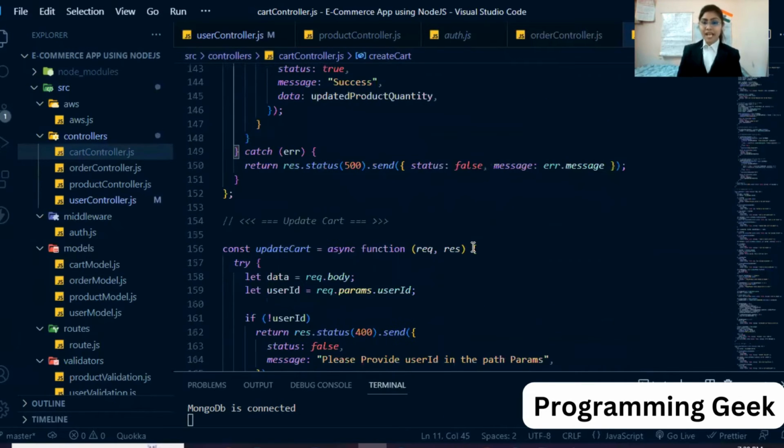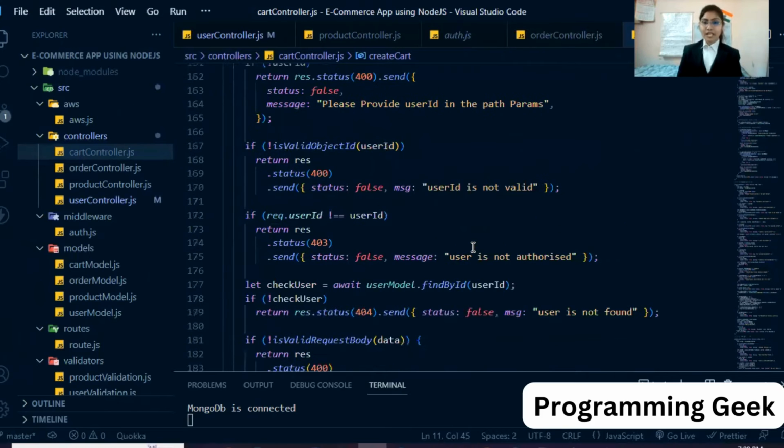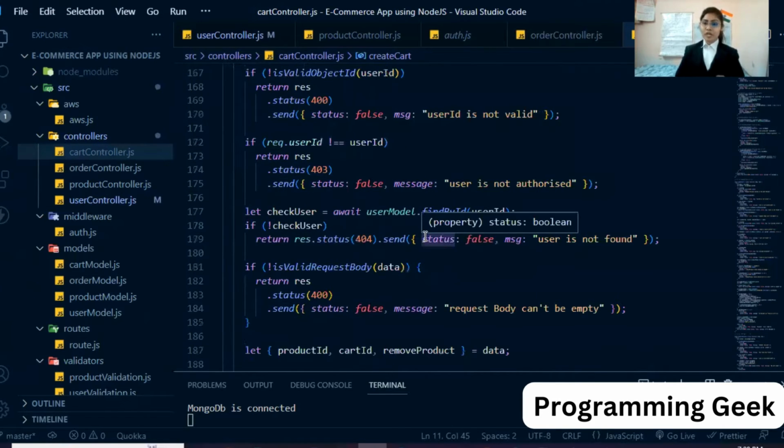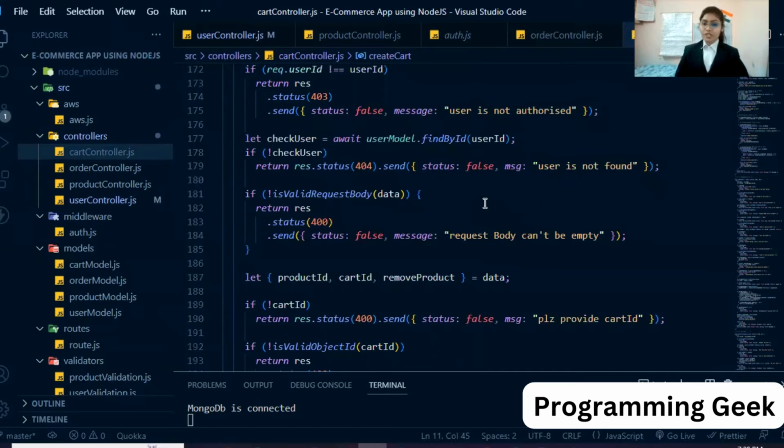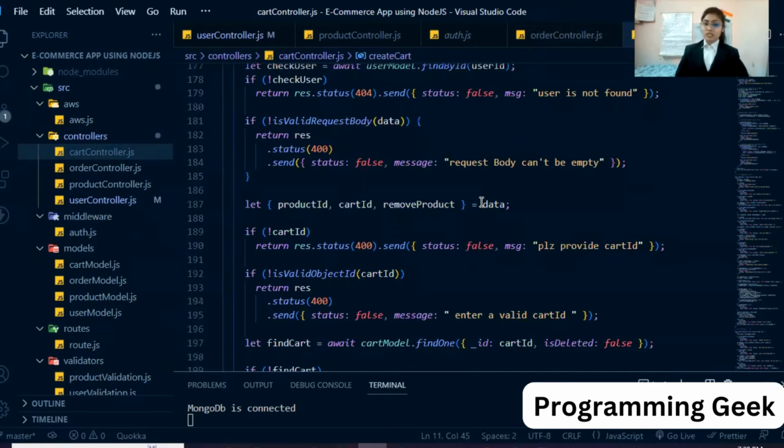Then I validate every field which is present, and then for updating the data, first I have to check whether the data is present or not by using find by ID. If the user is valid and the data is already present, like the product is already present with the given user ID, it will fetch and find it. If it is already present, it will return the data information, otherwise it will return a message.